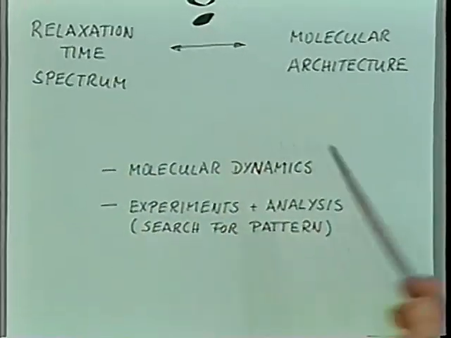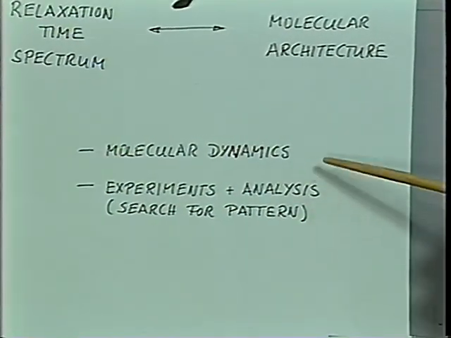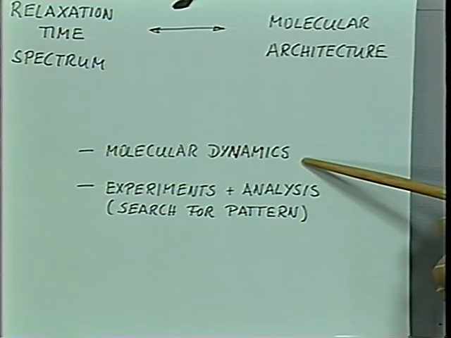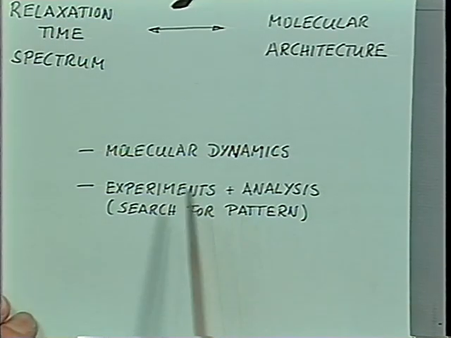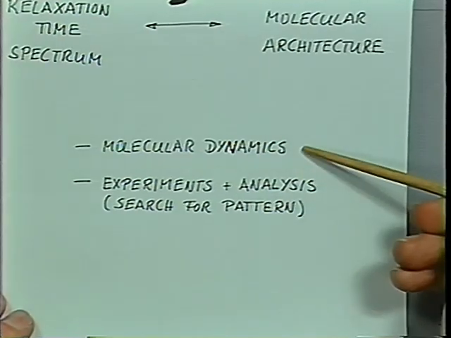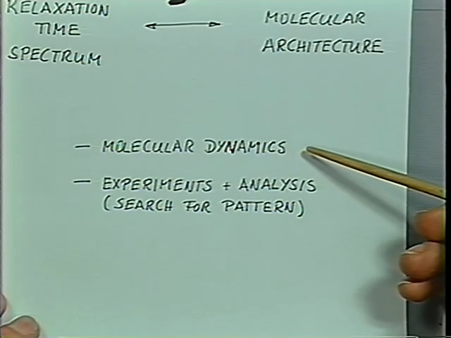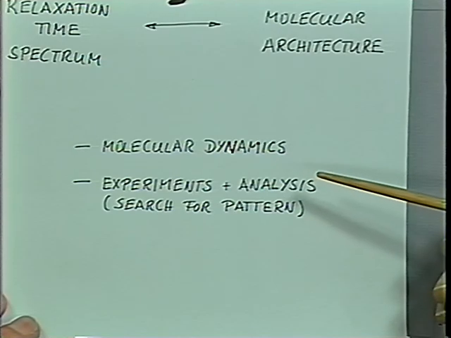The approaches to solve that type of problem are like this. In molecular dynamics, a theoretical physicist would propose a model for molecular motion and derive the set of relaxation modes from that. He would describe the motion of the whole chain and parts of the chain and small segments, and according to that he would look at the different relaxation modes, the long modes associated with the large length scales in the system. So that would be covered in molecular dynamics, and maybe we will have Muthu giving us a lecture on molecular dynamics